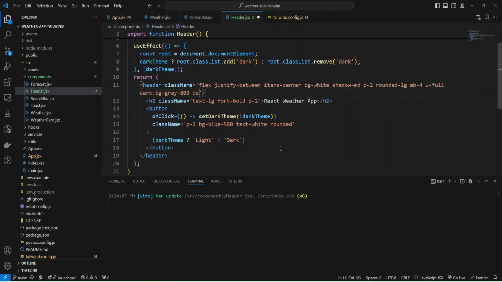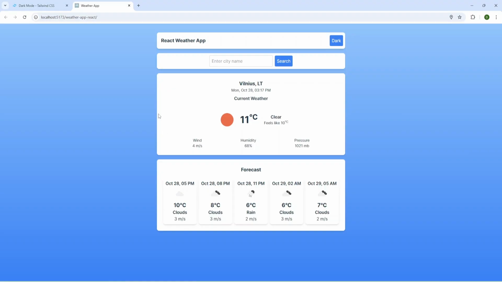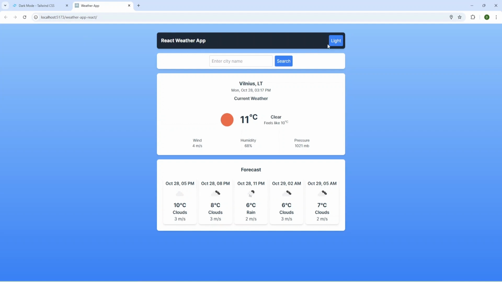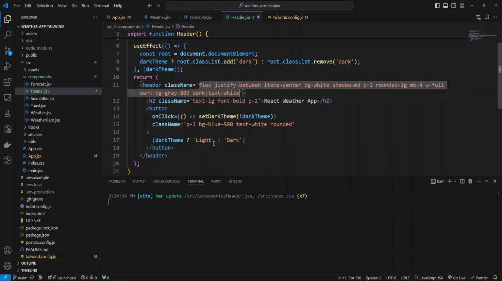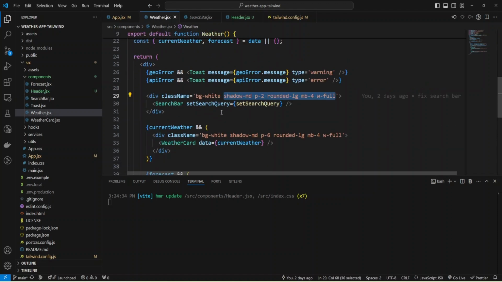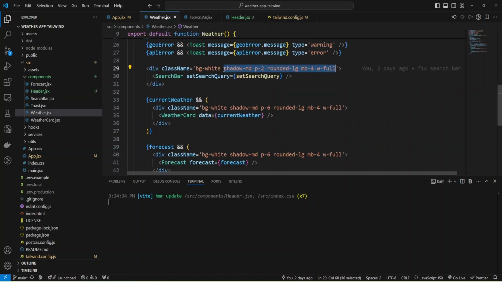I'm going to add dark, and for dark mode, the text will be white. And let's check again. I'm going to press dark, and we have white text, and by pressing light, we have dark text.